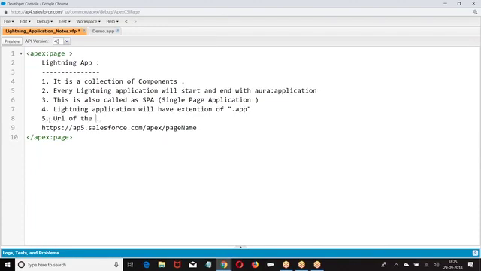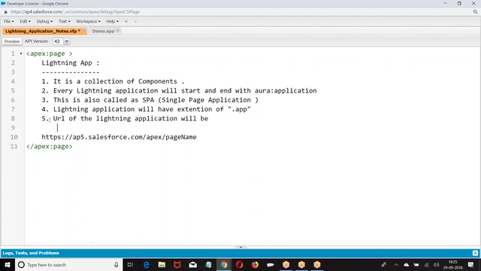URL of the Lightning application: domain name slash C namespace slash